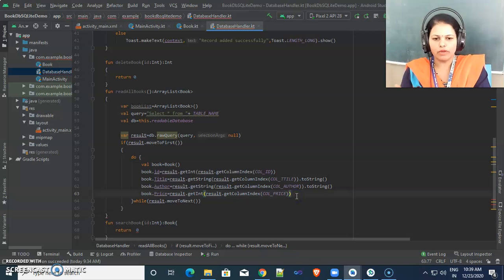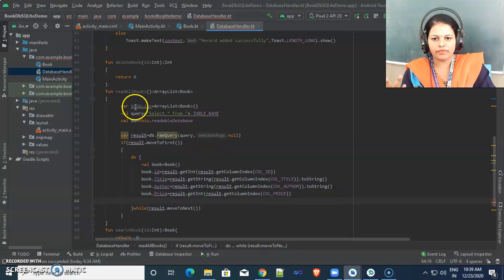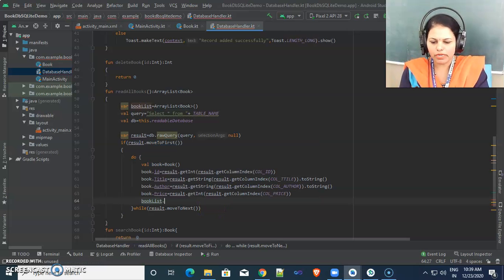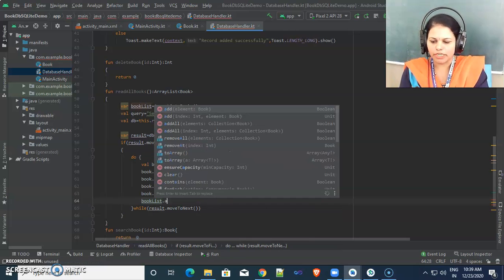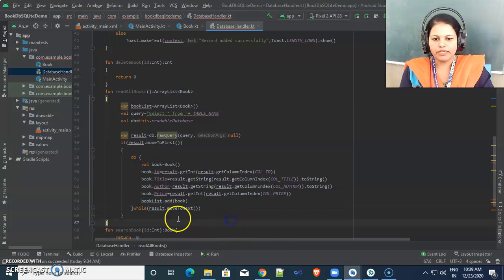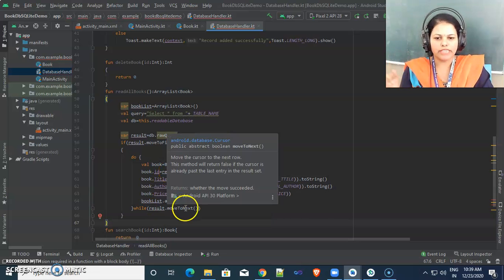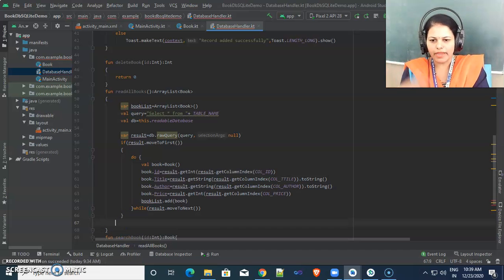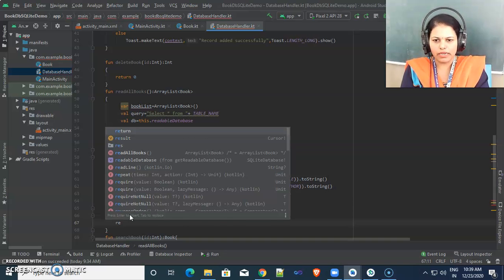Now this book object we are storing inside our array list, which is book list. Inside book list we are adding this object. In this way we are adding all the objects, means if there are 5 records, then 5 objects we are creating and adding inside this list. And finally after this do while loop and after this if block, we are returning that book list.